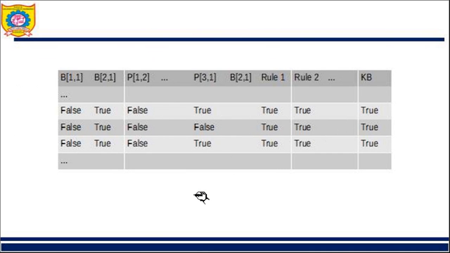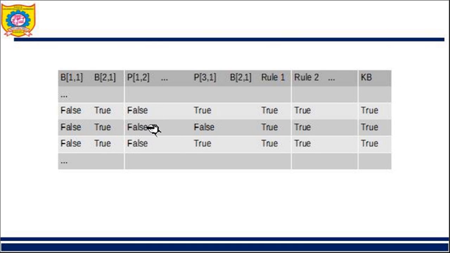Again we are talking about the same Wumpus example. So what is there in this example? If you see, this is breeze, randomly I have written. Suppose in 1 1 I am having breeze, B21 means I am talking about breeze, whether there is breeze in 1 1, whether there is pit in 1 2, in this fashion we are talking. And we have to decide about the knowledge base also. Now if you see that P12 is giving me false, false, false. So for all the 3 lines it is giving me false.